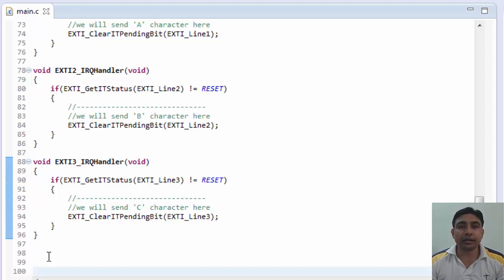Okay, so now interrupts are initialized and we have written the interrupt service routines also. Although they are still incomplete as we still haven't written any code for sending characters in these routines. We will do that some time later, because before that we need to understand a few things first. Okay, so now before we write any code, we have to first decide which UART to initialize and use here.